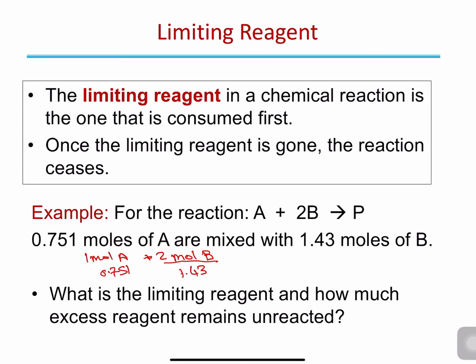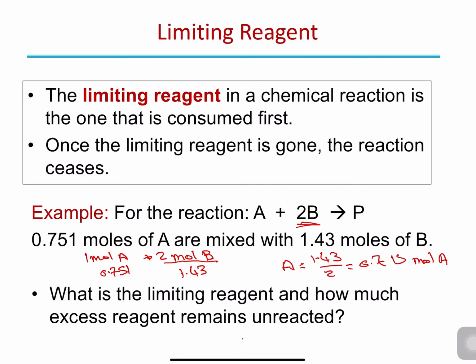And how much will be used from A? It has to be half the amount of the moles of B. So the amount that is consumed from A will be half the 1.43, divided by 2, so half the amount of B, which is going to be 0.715 mole of A. Okay, so B here is the limiting reagent and only 0.715 mole of A will be used. That means